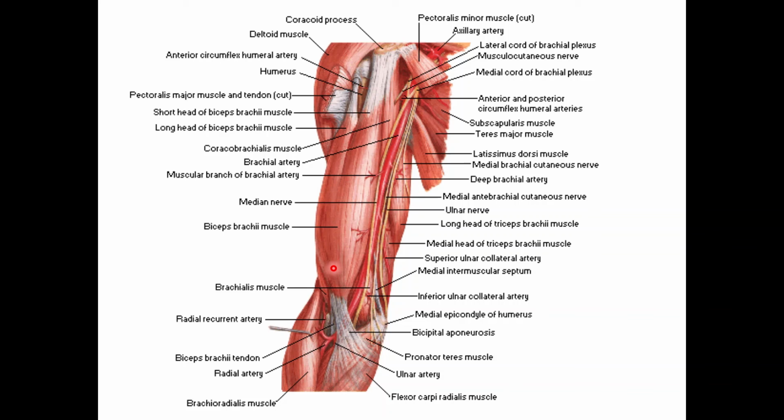Moving on to the applied aspect or clinical importance of this brachial artery, as we all very well know, the brachial artery is the artery of the arm. It is seen in the cubital fossa as well. The pulsation of the brachial artery can be auscultated and also felt in the cubital fossa in front of the elbow bend, and this brachial artery pulsation is mainly used to record the blood pressure accurately. So this is about the clinical importance of the brachial artery.